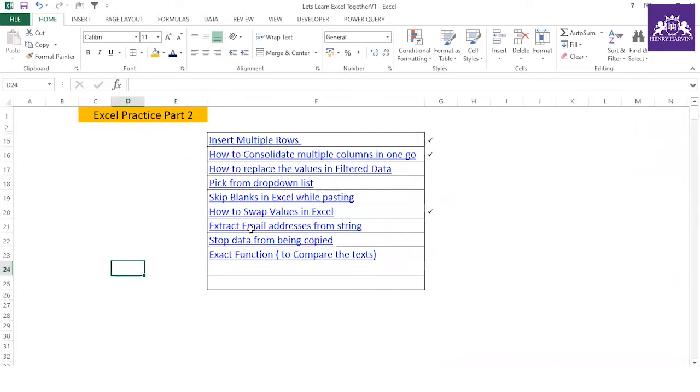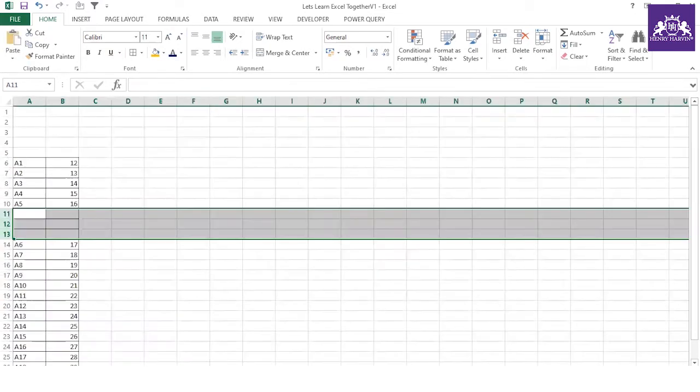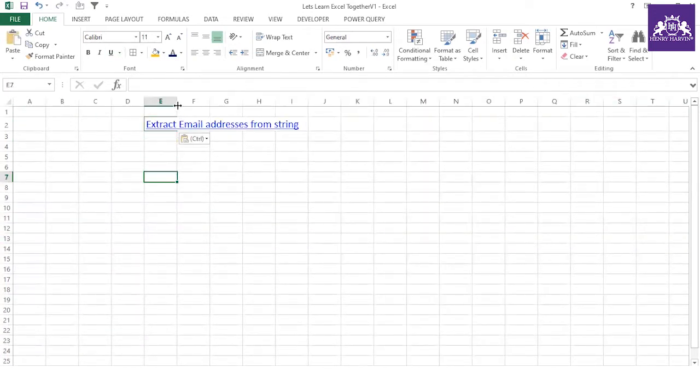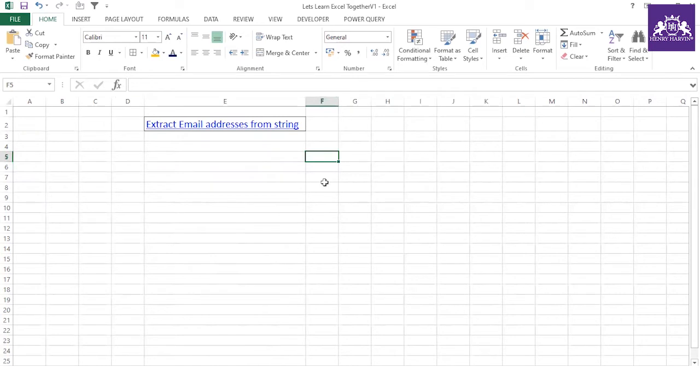And what else is left now? Let me try this. This is interesting. Extract email addresses from string. Let me try in another Excel sheet. Guys, understand, extract email addresses from string. If I write, maybe try that,